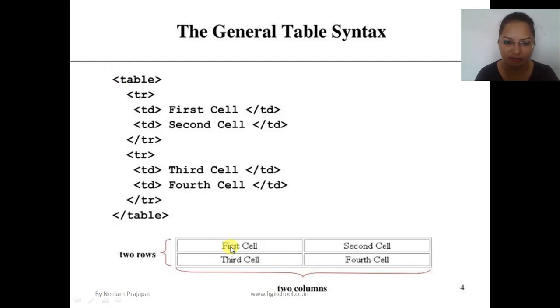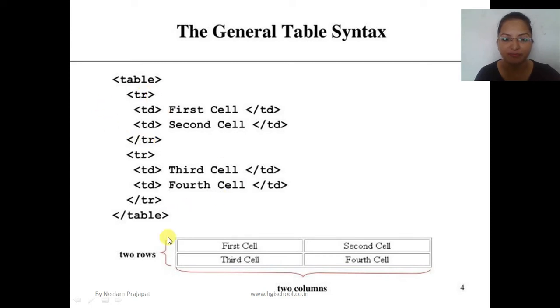Here you can see, first of all, the table. There is a table of two rows. This is the first row containing the first cell and the second cell. Okay, and this is the second row containing the third cell and the fourth cell. Got it? This is the first row, this is the second row. Now for the table we have to use the table tag, and you can see the opening table tag and the closing table tag. Got it? It contains two rows, so you can see two TRs, TR over here and TR over here, and every TR will have a closing tag.